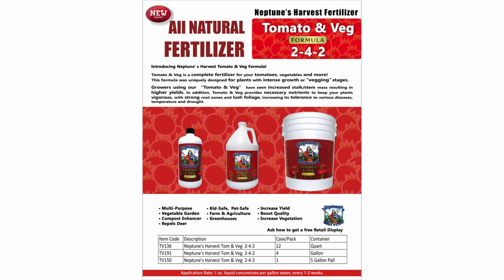So now we're going into our specialty fertilizers. These have fish, seaweed, molasses, humate, and yucca extract. All really great things that organic growers like to use all in one product. And it's a very high energy mix, so it really gets that biological life going. It really feeds the plant everything it could ever need and works fantastic on all tomatoes and vegetables, of course,